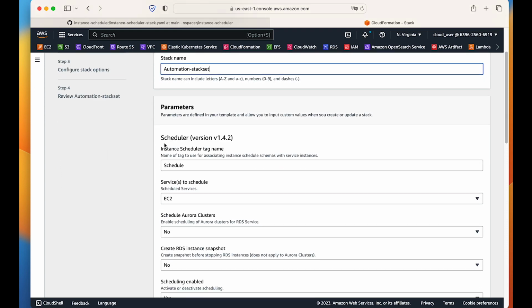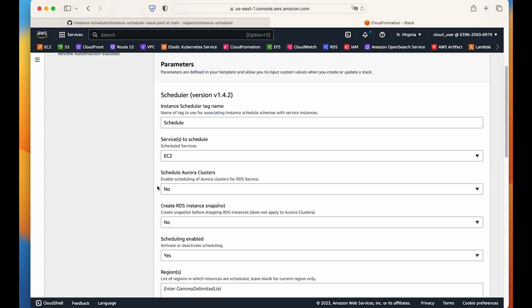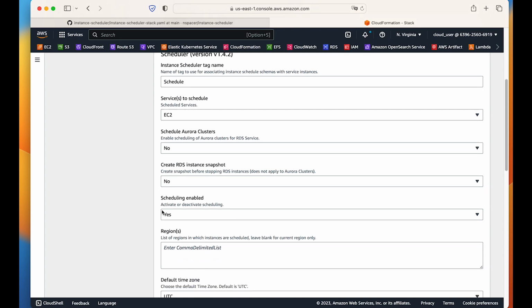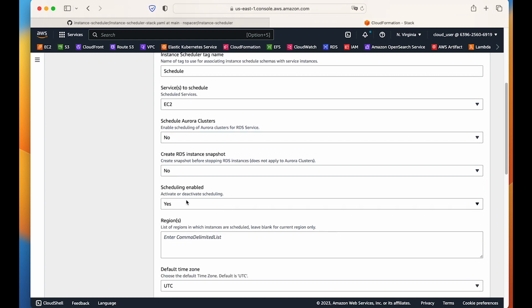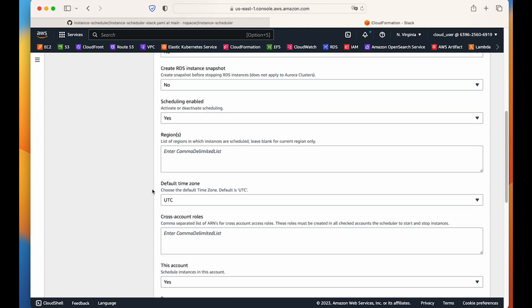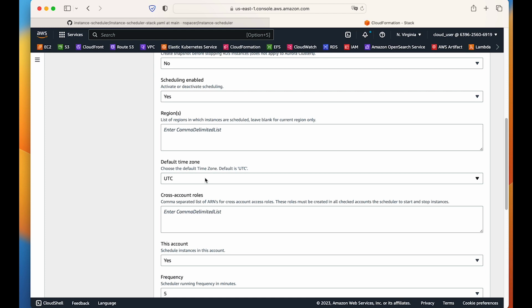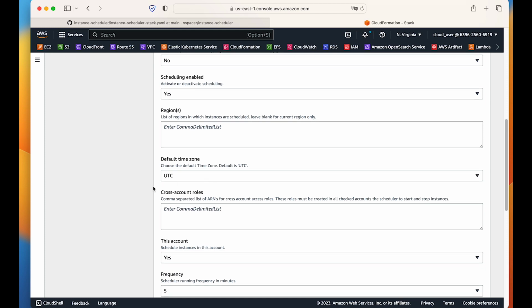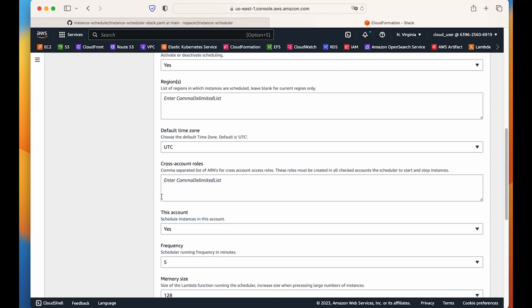So please check this one, the instance scheduler tag name. This is the tag name that we have to give, and we have to tag our EC2 instances with it. So this is fine. And for RDS snapshot, we are not going to do anything with RDS regions. I don't specify any particular region. The default time zone is UTC, it is taking that, and the cross account rule, we don't need it right